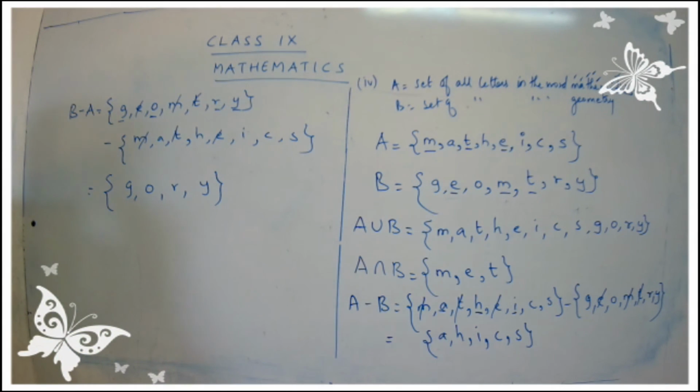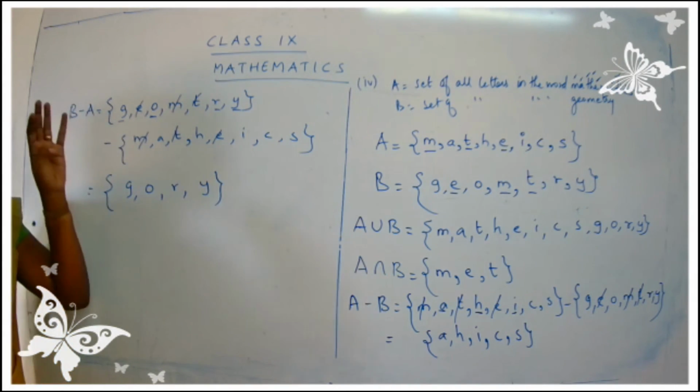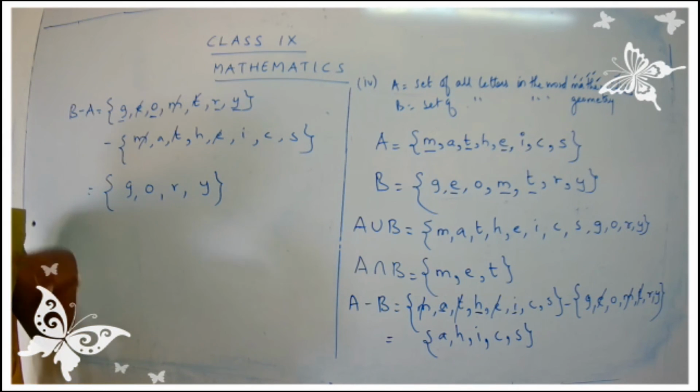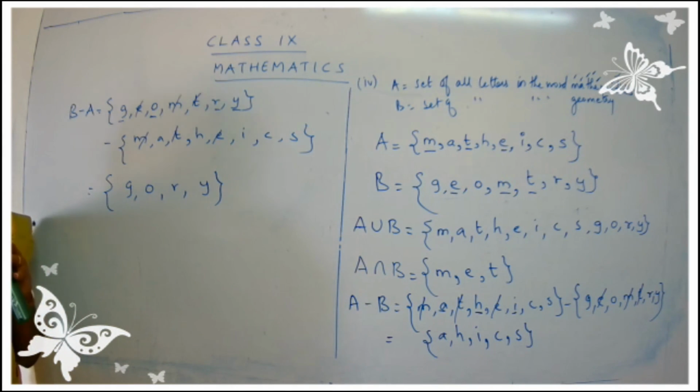So this was question number 2. We have completed the first question, and also the second question. I hope you have done the two sums from question number 2, the first subpart and the second subpart, in the same manner. I want the answers to be done in the same manner, children. If you have made a mistake, just correct your answers and follow the answer in this manner, for question number 1 and question number 2. I hope you are clear. So you have to write A union B, A intersection B, A minus B, and B minus A. Check the answers once again, whether your method and my method are the same. Okay, children.